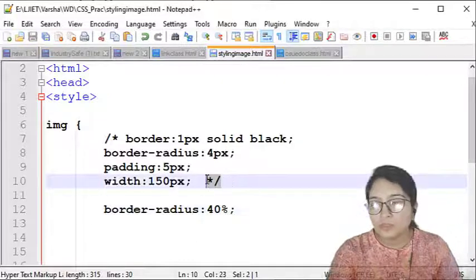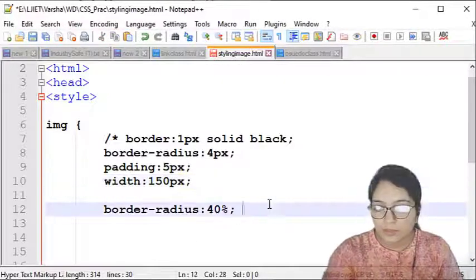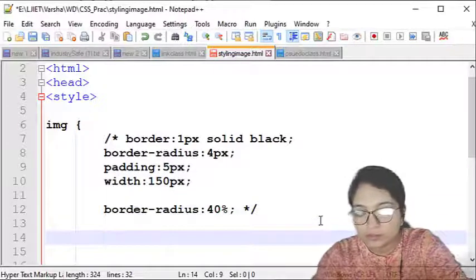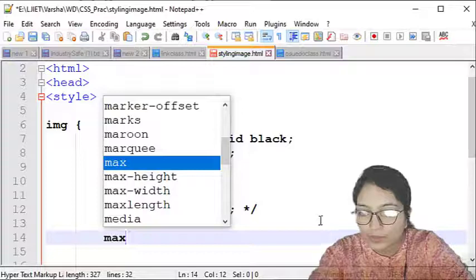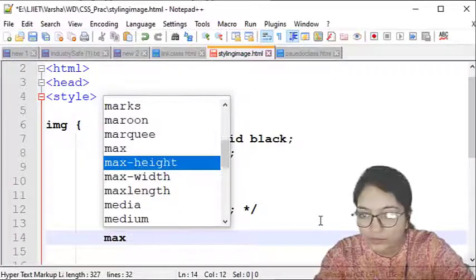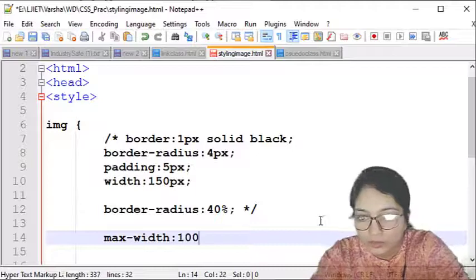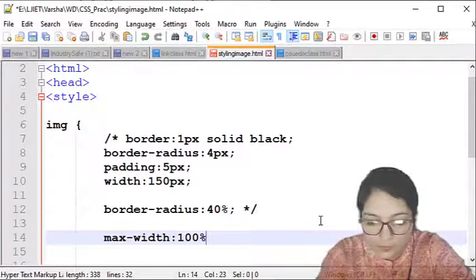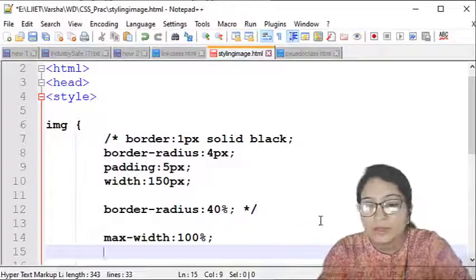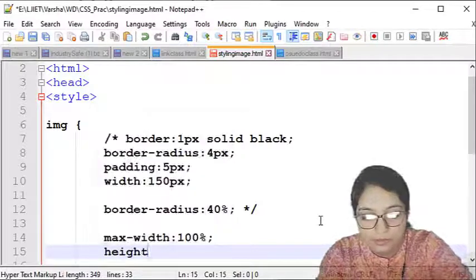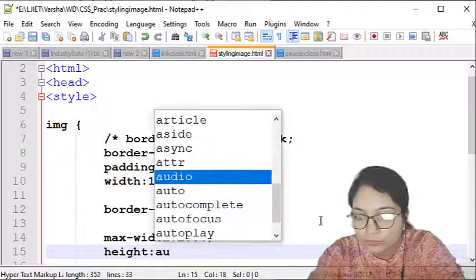Okay, so just put these things in this comment. Now specify the attribute, that is max-width colon 100%, and then define height, that is auto.